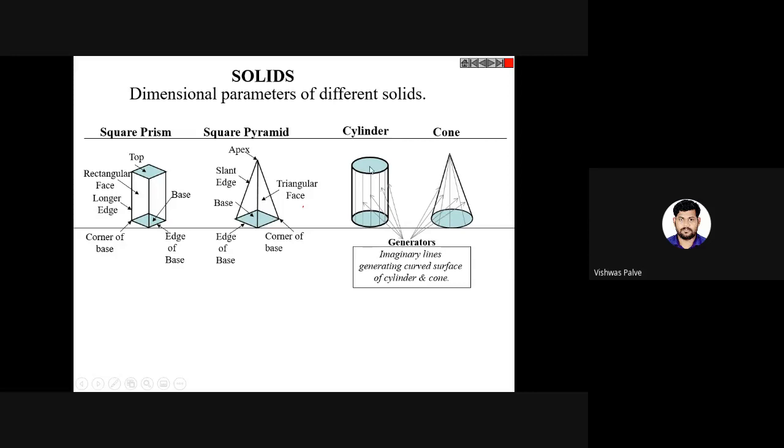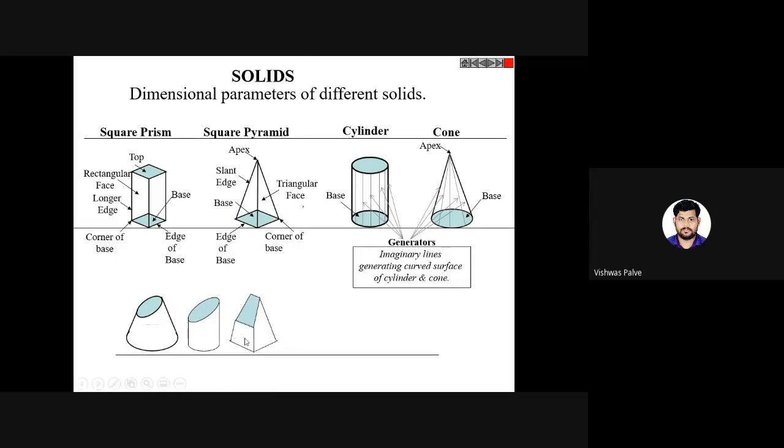Then it will have a top face and a bottom face. So base as well as the apex in case of the cone; there will be a base. Then the next object: if you cut a cone and divide it into 2 parts, then it is called a frustum. A frustum of a cylinder, frustum of a triangular or square pyramid. These are nothing but sections of solids when the top and base are not parallel. Then next is the frustum of cone and pyramid.